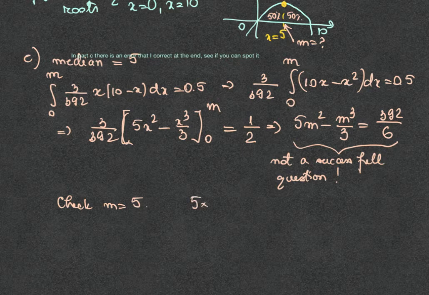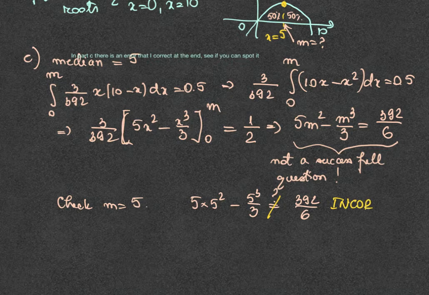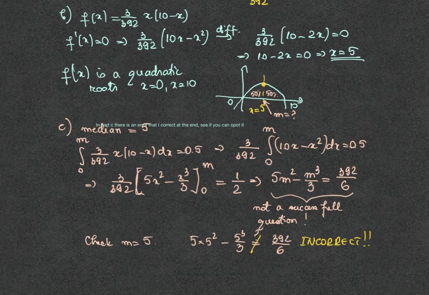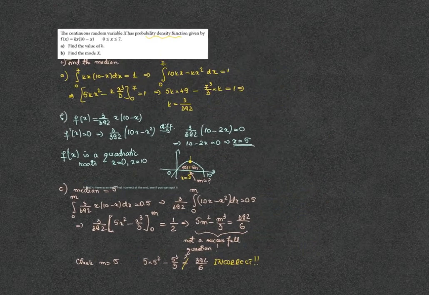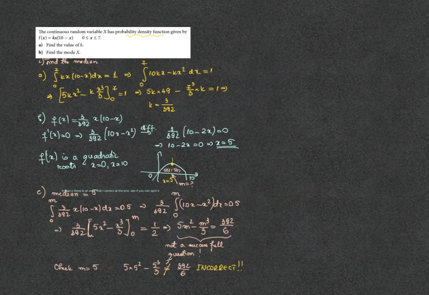So 5 times 5 squared minus 5 cubed over 3 needs to be 392 over 6. And we can check this. Okay, so I put this in my calculator and I saw that actually this is not the case. So I have a mistake, so that's incorrect. So I look back to see why 5 is not a solution, because it looks like it needs to be a solution. And then I noticed that actually it doesn't have to, because I